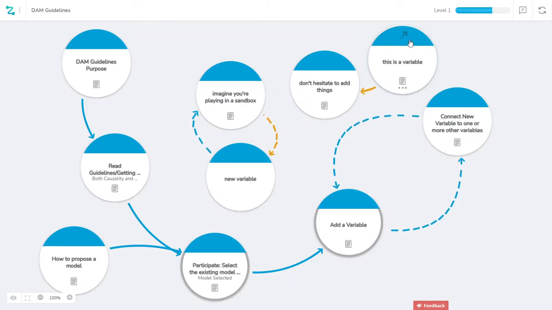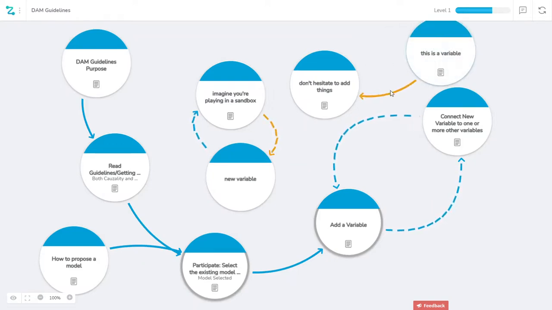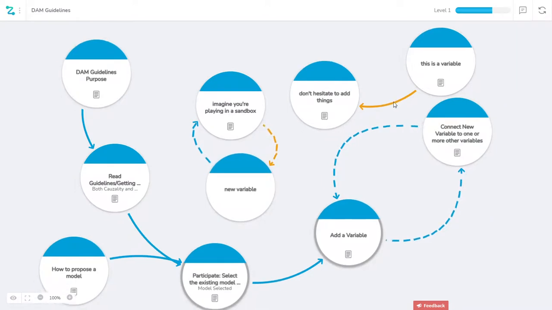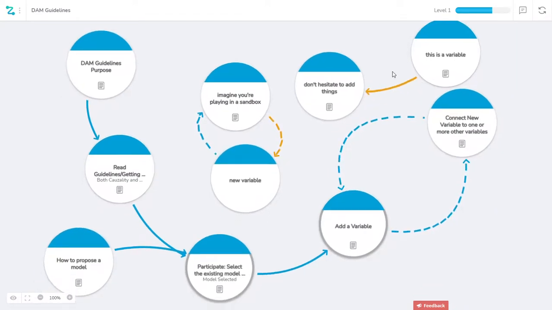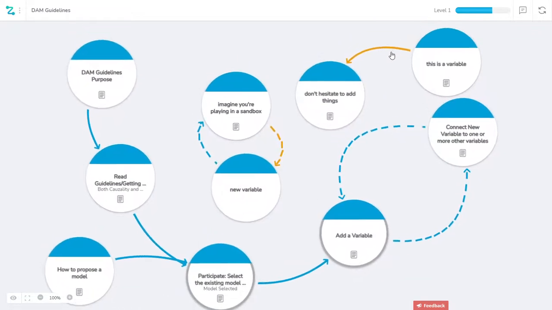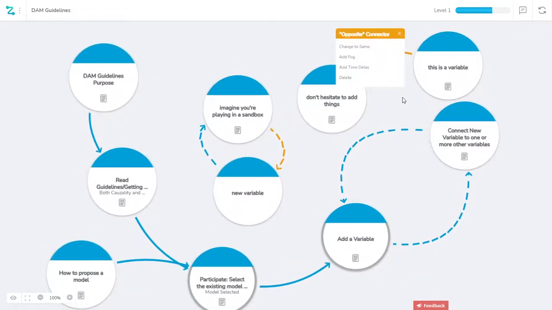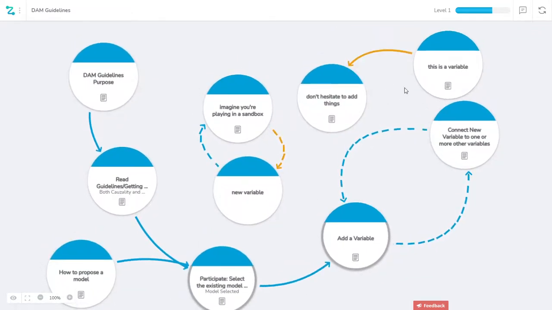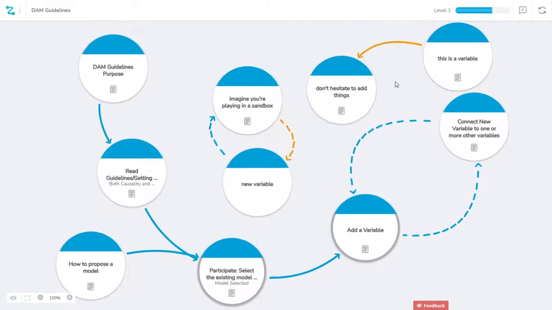So you simply click it, and then you can also click on that little arrow with a connector, and you can move it around. And if you click in the back on the map itself, you can move the whole map around.